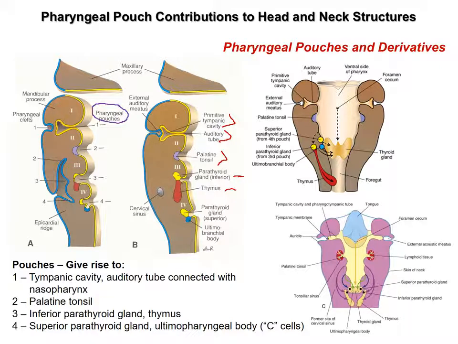Eventually, both primordia lose their connection with the pharyngeal wall, and the thymus then migrates towards the superior mediastinum in a caudal and medial direction, pulling the inferior parathyroid tissue with it. The parathyroid tissue finally comes to rest normally on the posterior surface of the thyroid gland